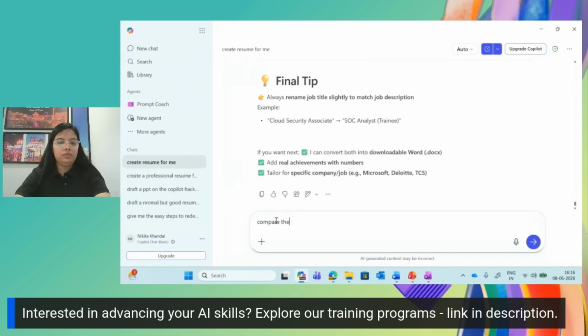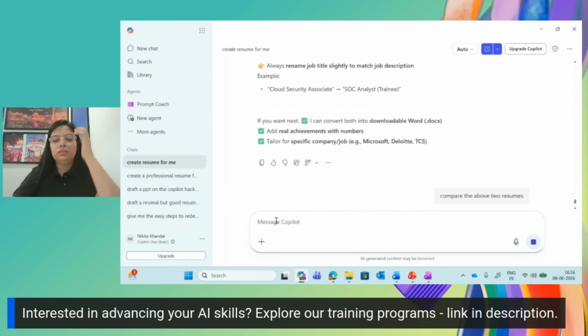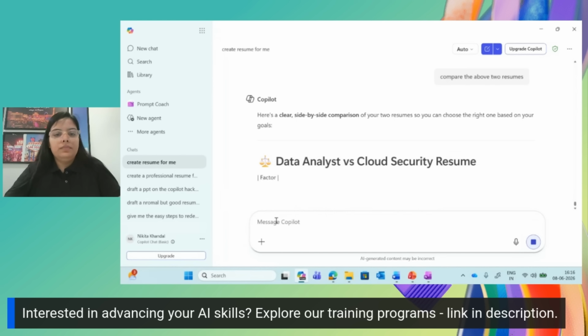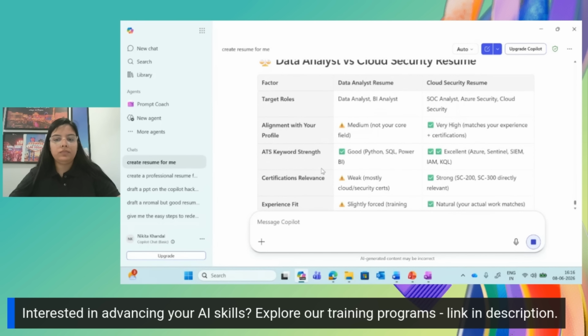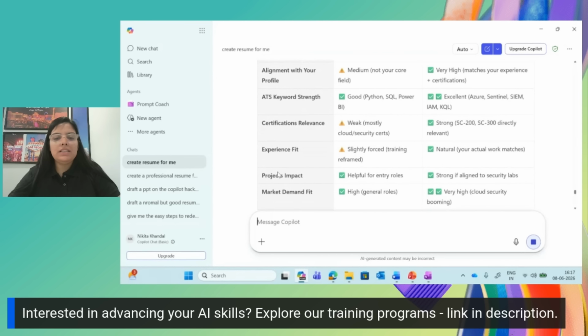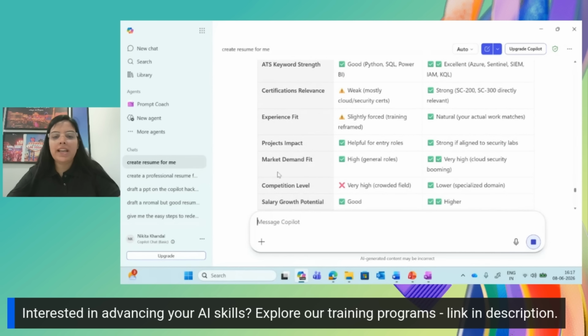Compare. You can see targeted roles, alignment with your profile, ATS keyword strength, certificate relevance, experience fit, projects, market demand fit,